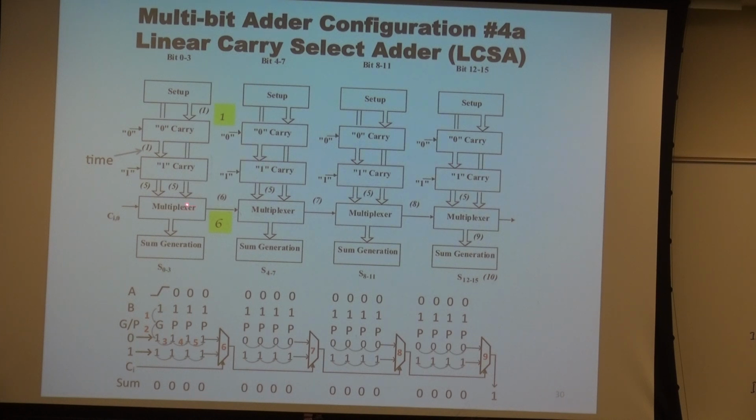But after 1 unit of time, which is the multiplexer delay, it will be coming over here. So after 1 unit of time, multiplexer delay, it will come over here to select this. So after 3 units of multiplexer delay, you have this one selected. So the values which are generated simultaneously after 5 units of time, it comes over here. After 6 units of time, it comes over here. After 7 units of time, it comes over here. After 8 units of time, it comes over here. But you have to add the delay of the multiplexer, so essentially 9 units of time. And plus 1 unit of time delay corresponding to the sum. So after 10